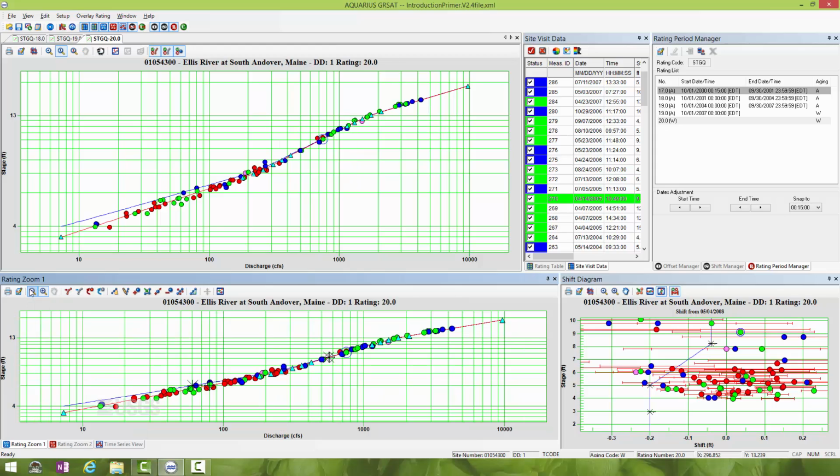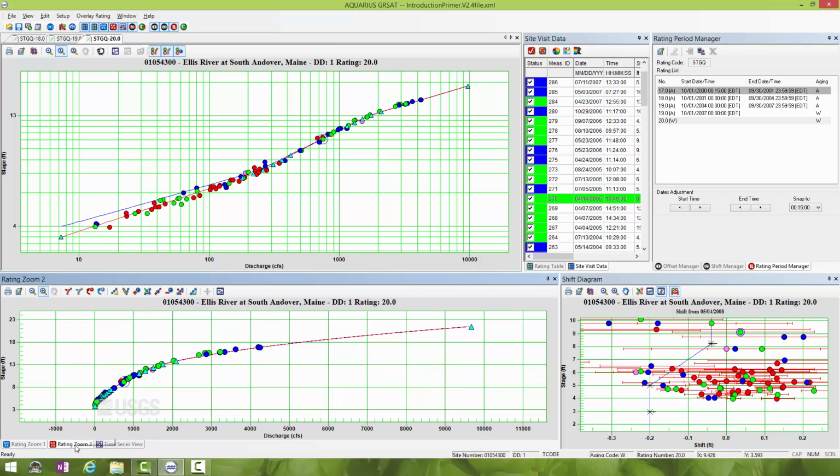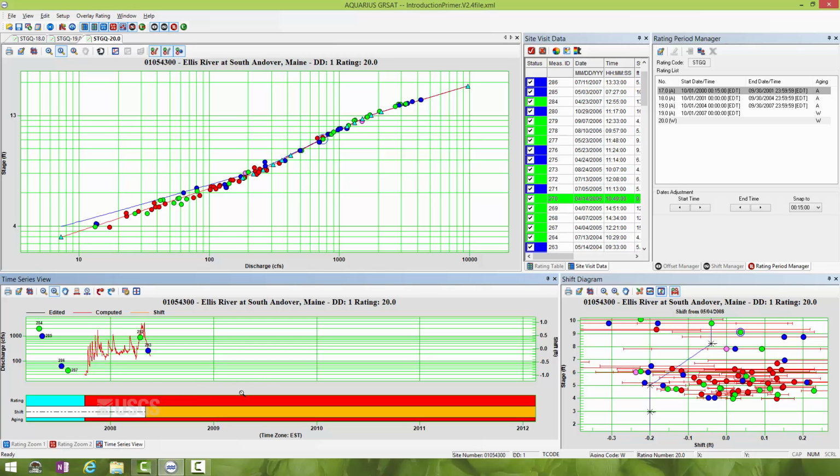Let's zoom out, turn that tool off, and move on to the rating zoom 2, which has the same tools. It's just showing you in arithmetic scales. Nothing really new to talk about there, but you have the same ability to change and move and add and subtract rating input points. And then finally, the time series view, which we kind of already talked about, which has the discharge values last computed in ADAPS. There's no computation inside of GRSAT, so it was what was last run with a primary when you pulled the